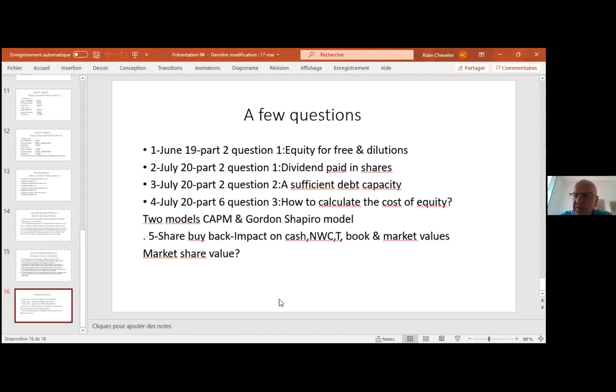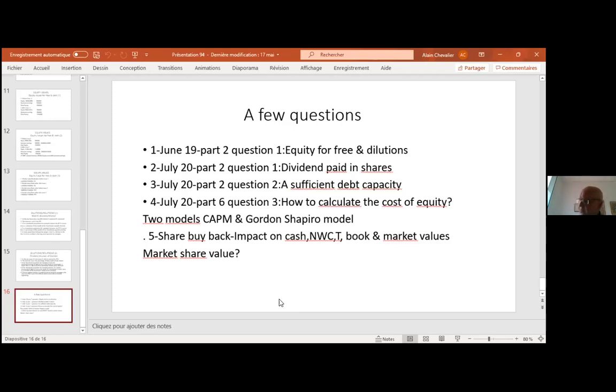Okay, and in front of these new shares, there is no cash. That means it works like an equity issue for free. You have an increase in the number of shares. You don't have any increase in the total equity via an increase of the dividend only. And you come back to the cases we already studied.